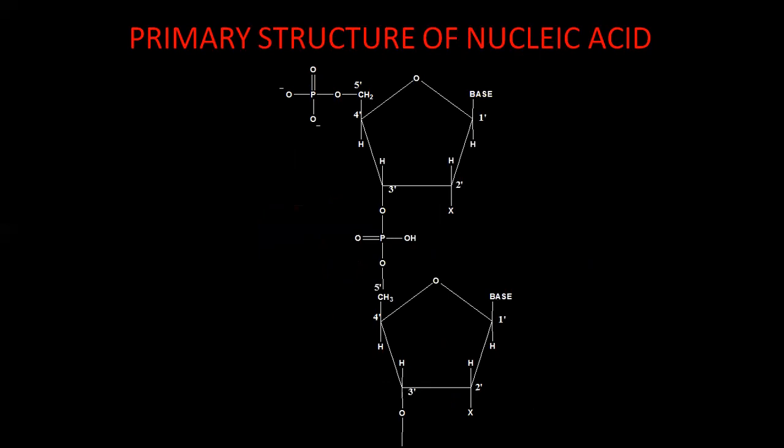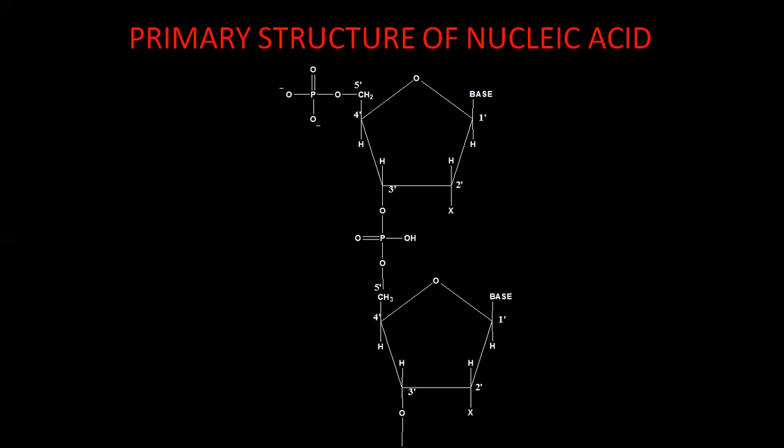It is very important to note that the C5, which was bonded with the phosphate, combines with the C3 carbon of another nucleotide. So the linkage through which the nucleic acid is formed from the nucleotides is this 5'3' linkage. The two carbons involved are, in one nucleotide, the 5' carbon where the phosphate is linked, and that phosphate gets linked with another carbon of another nucleotide through